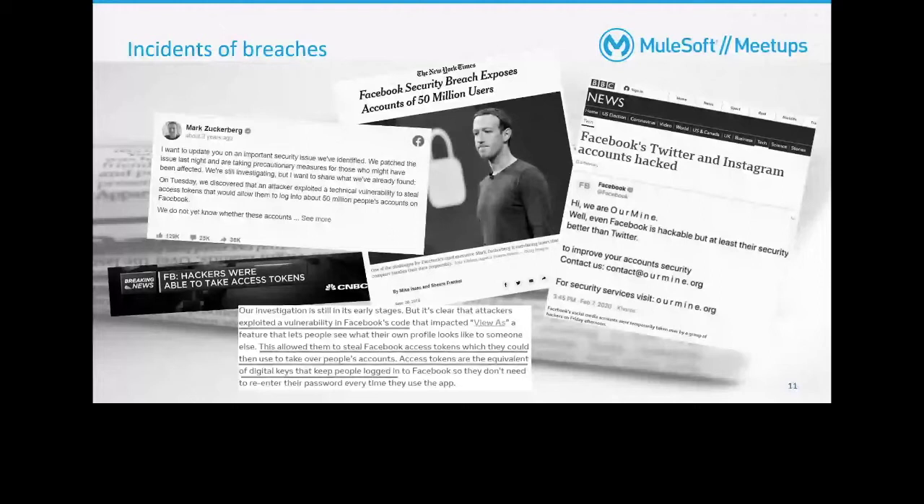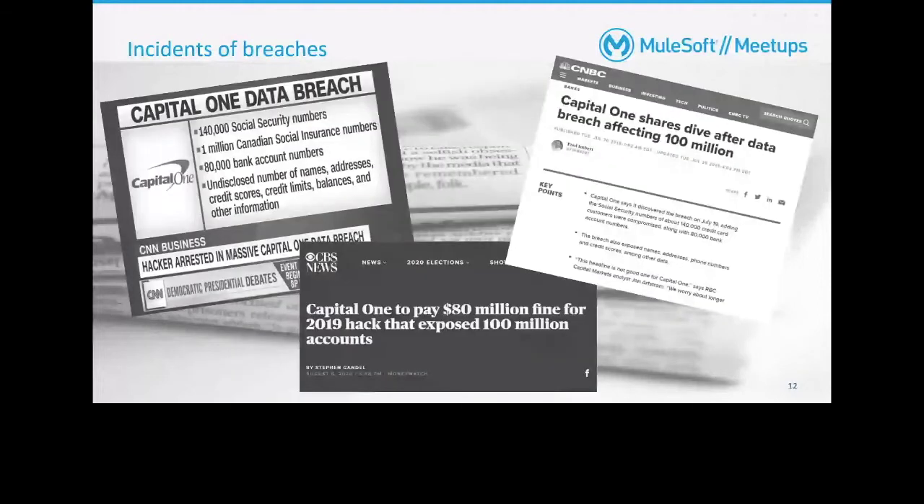Capital One, again a popular credit card company. They got hacked. Their 100 million user accounts were exposed, and this happened last year. So 100 million user accounts on the US side, but they had around 140 social security numbers and 1 million Canadian social insurance numbers. Very sensitive information was out in the market, and we don't know how it could be used. The recent news that came out was they were asked to pay $80 million in fine for this attack